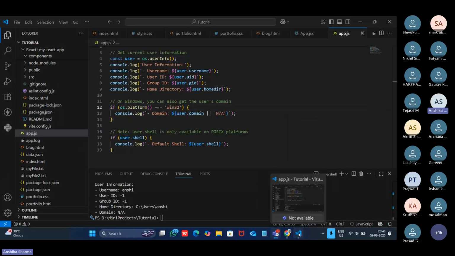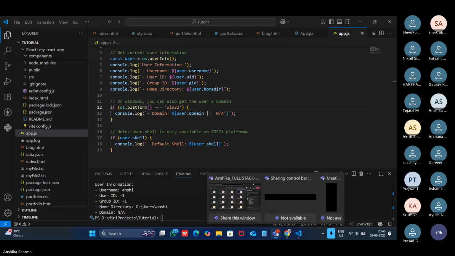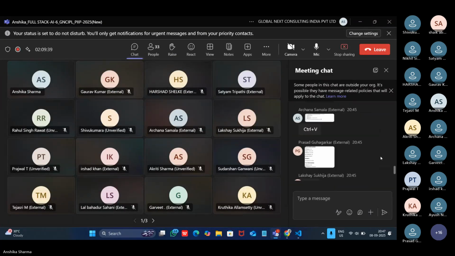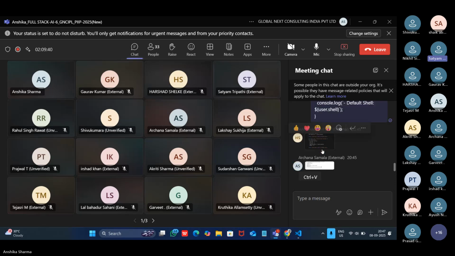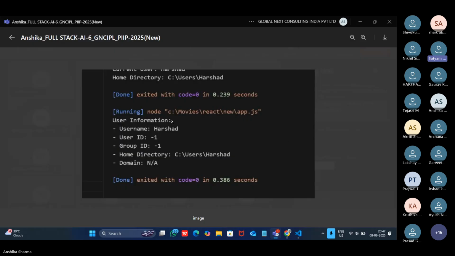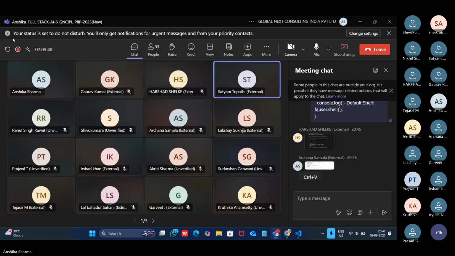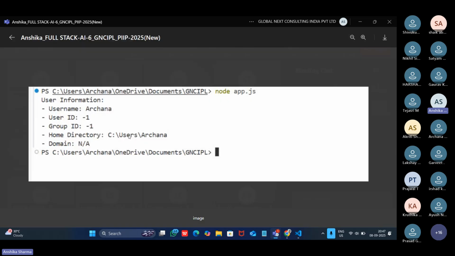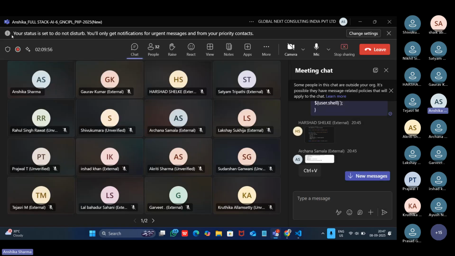So now you are able to share the screenshot. No, I guess I have switched the account to some different devices, and it's showing you are no longer a participant in chat. Okay, so that is an issue I will see. Okay, so now others are getting the result. Good.